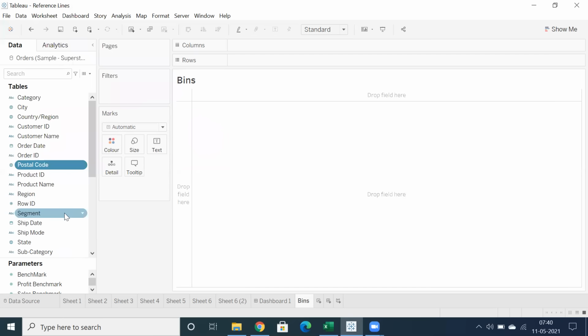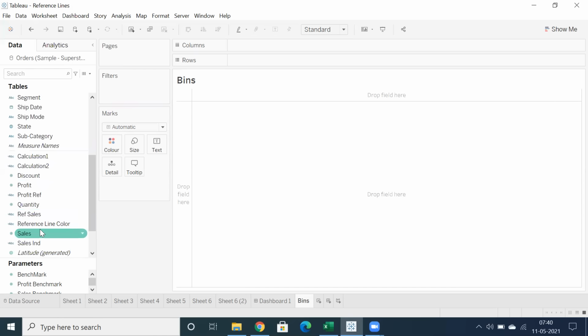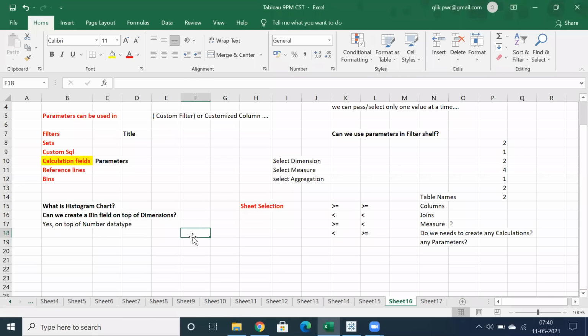So how to create a bin, I'm going to showcase that. What is the advantage of a bin? Sometimes we have an age range. Let's take an example, age in years, from 1 to 100 or whatever the number is. If you want to create a group, something like age range from 0 to 9,